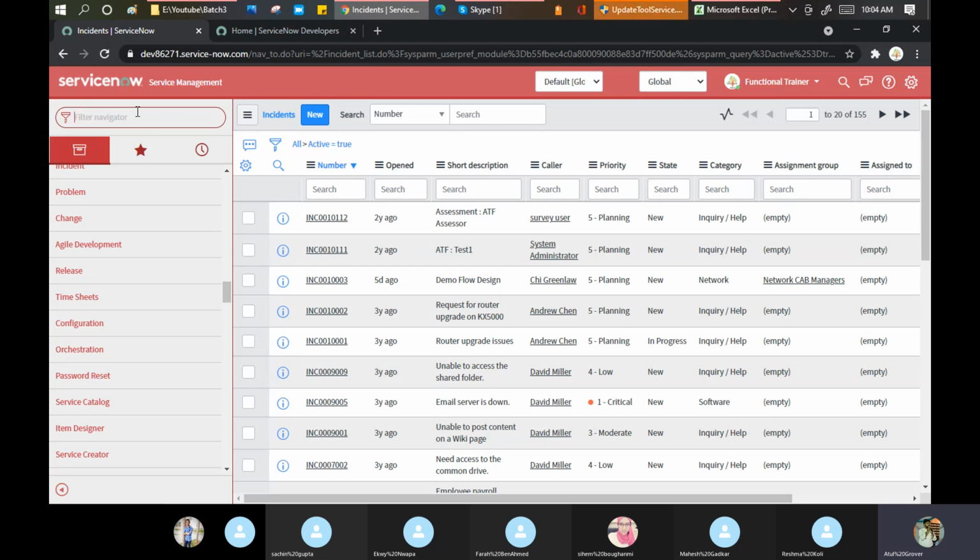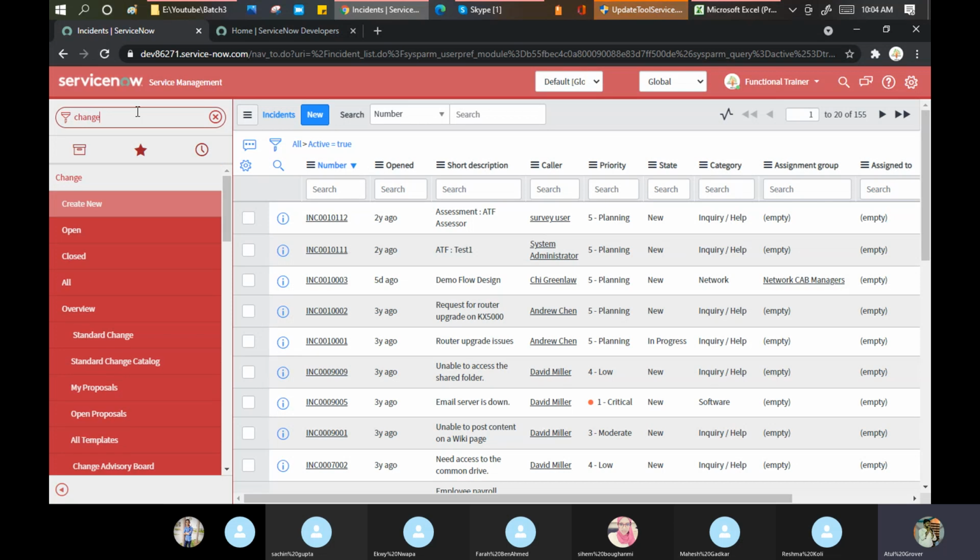What is an application? What is a module? We will discuss that in detail when we start doing our table creation part. So you can search here for any application which you want to open. I want to search for change. So I can see my application is change.